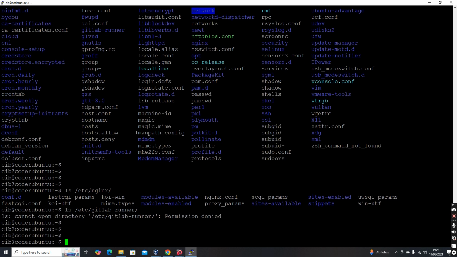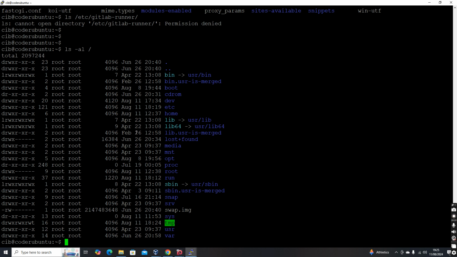Okay, so let me do ls -al /, here if you see the permission, so let me explain what the permission is. You can see d rwx r something something r something something. Okay, the permissions are defined with 10 characters, 9 plus 1. The first one basically shows whether it is a directory, file, or link, all those things. Then the remaining 9, it is rwx, 3 each for user, group and others.